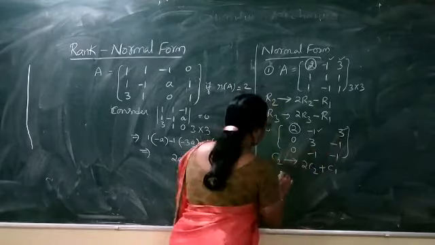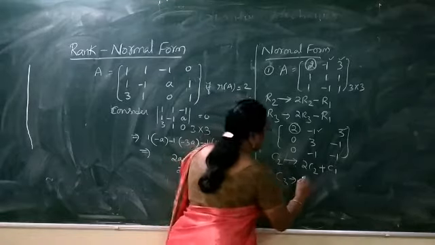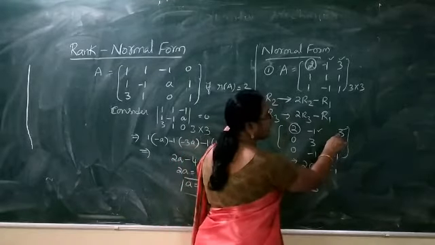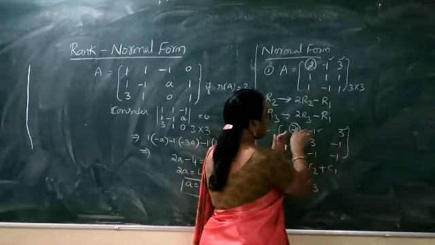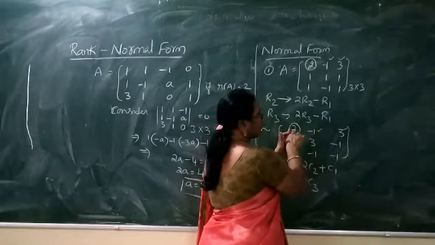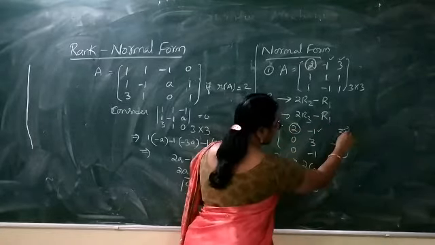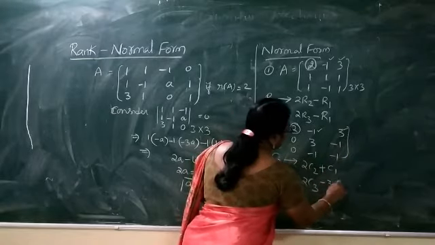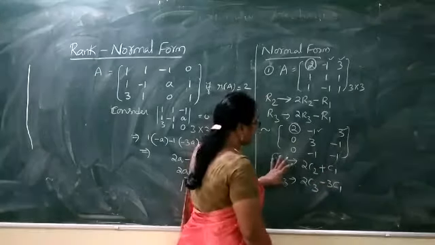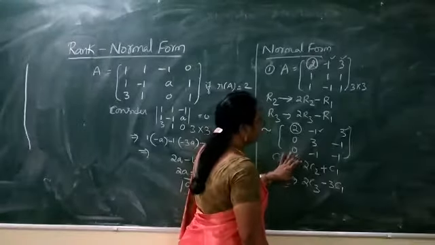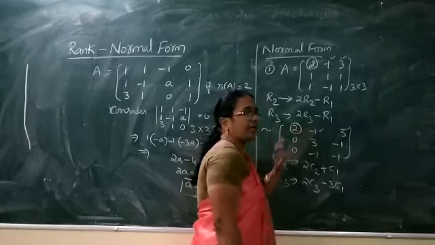Similarly, to make this 3 zero, we have C3 implies 2C3, so that we get 6 here, and again we multiply by 3 here, so that 6 minus 6 is 0. So it is 2C3 minus 3C1. Using these two column operations over the given matrix, we get